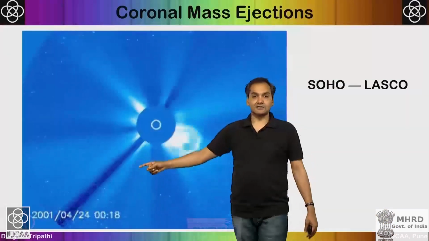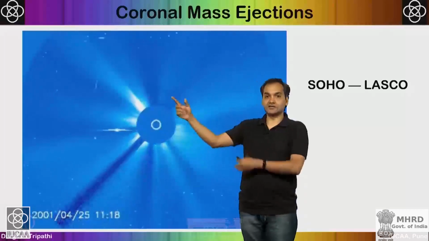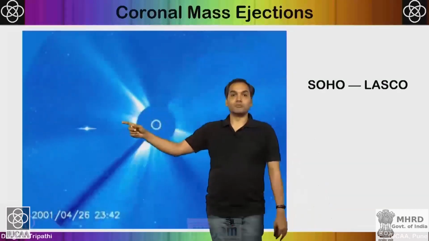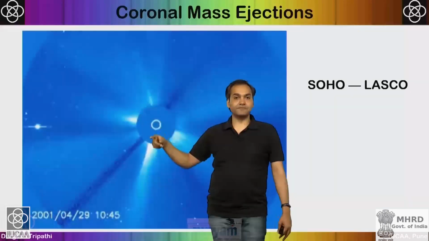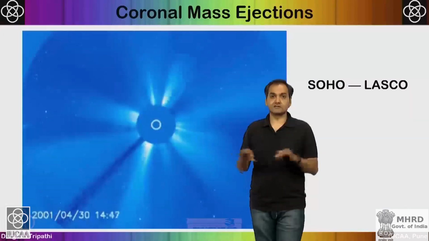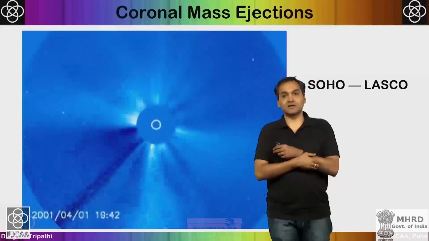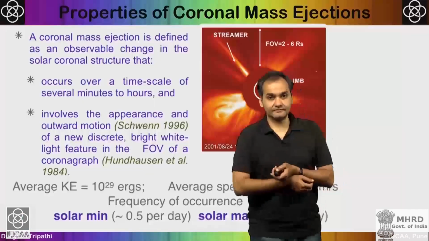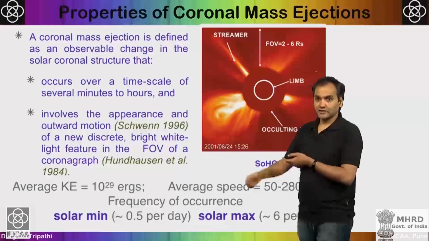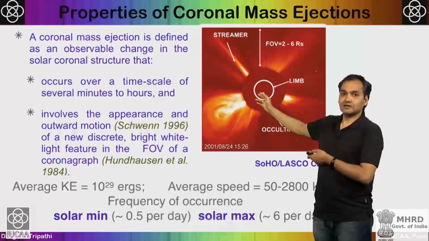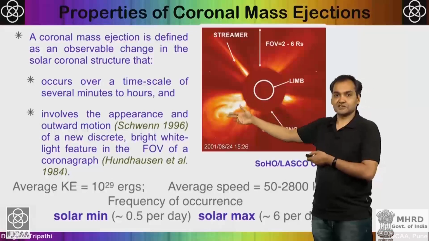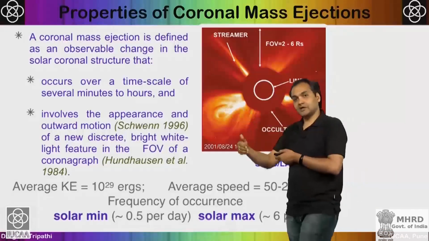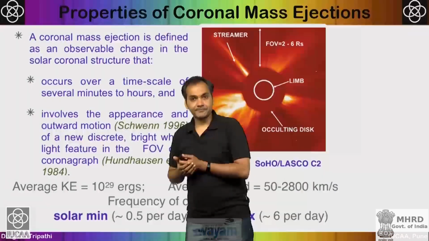That dark here is essentially the hand which is holding this instrument, and in addition to all these static structures which you see, there are various ejections coming out from the sun, called coronal mass ejections. If you look at a still image, the disk and the occulting disk, and these structures which are coming out, they move into the interplanetary medium, and that is called